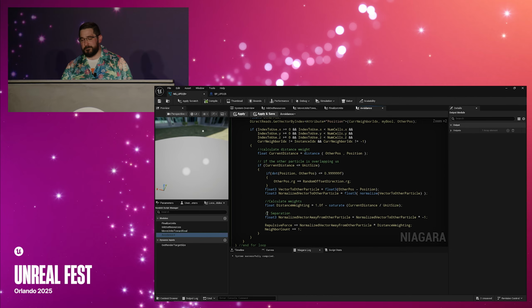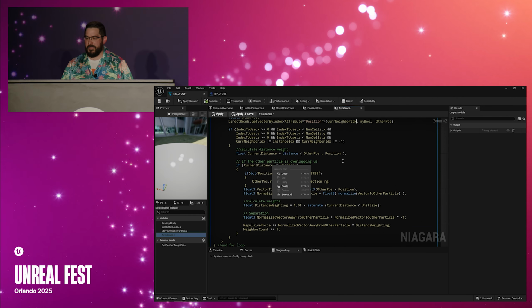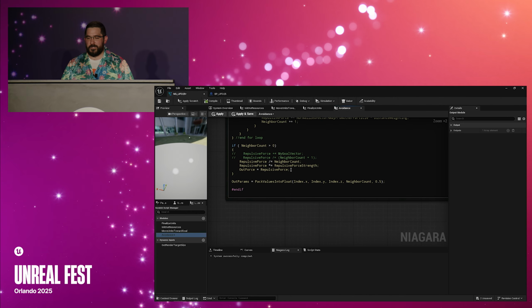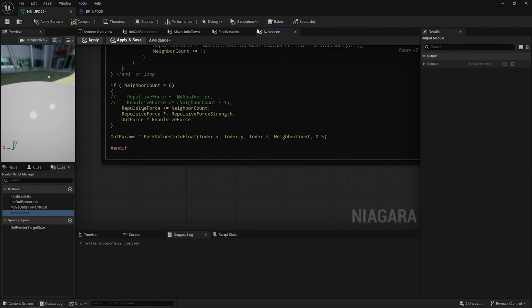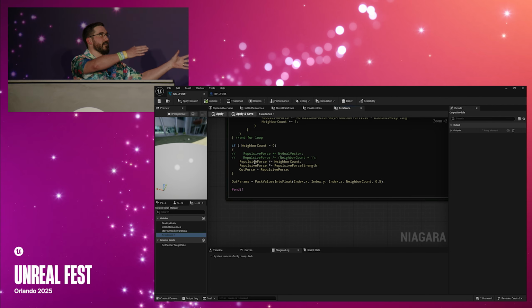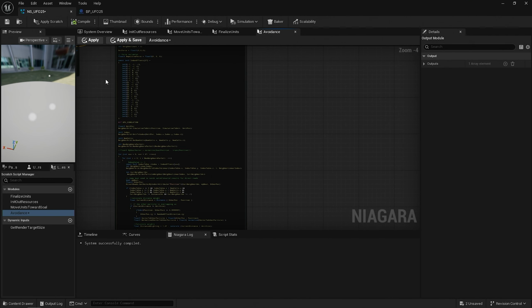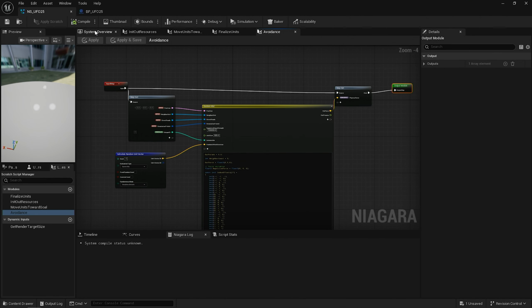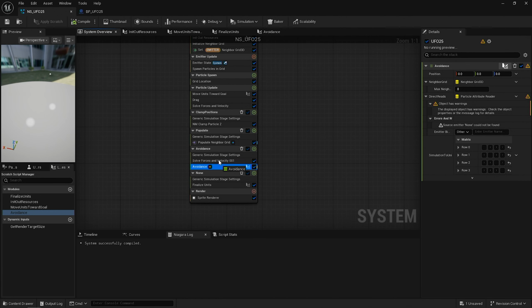We push it away, increment the neighbor count value over here, and then all we do is average the repulsive force by the number of neighbors. So if you've got 10 neighbors, we've accumulated this direction away from everybody. We're going to average that together and then multiply it by the repulsive force strength, and we'll get to this last line in the next step. Cool. So I will put that in the right spot, and then I will set up